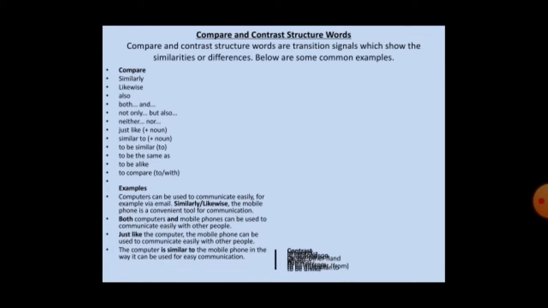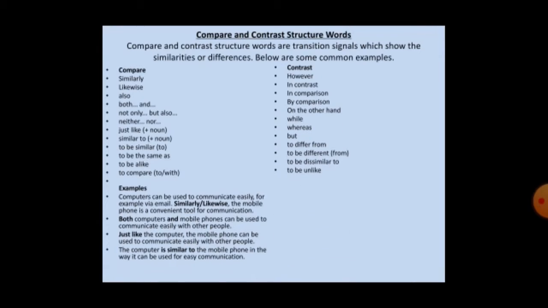So in this sentence you see students, computers and mobile similarities, in which we have used the words similarly and likewise, okay? And when we differentiate those two things or contrast them, there we use contrast words, some transitional contrasting words like however, in contrast, in comparison, by comparison, on the other hand. So these words are used to show dissimilarity, to differentiate between those things, okay?